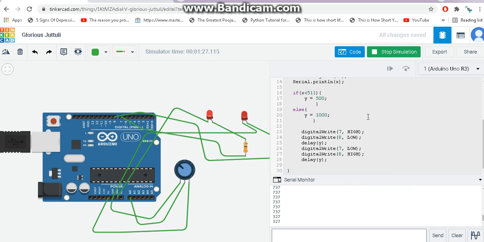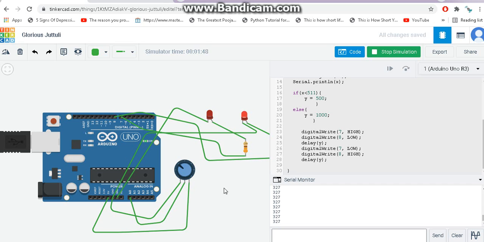See, when the values are coming lower than 511, the blink is fast. And I will again increase. Once I increase, look at the serial monitor, guys, then look at the LED. You will get the point. Note this LED blinking speed, and once I increase it, look at the serial monitor and make sure the values are more than 511, and then look at the LED. Then compare the blink time.